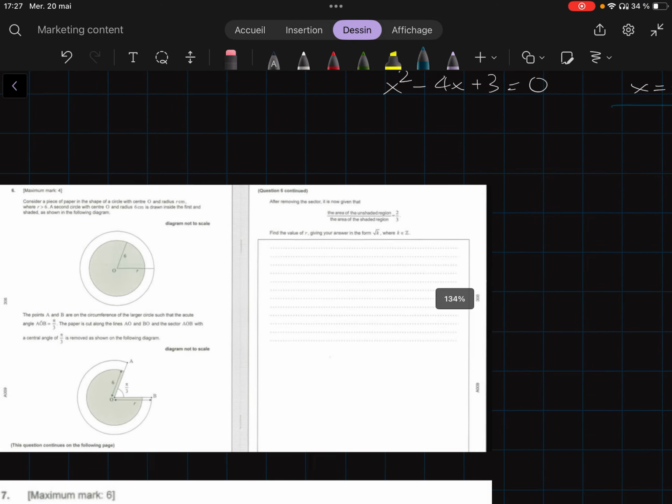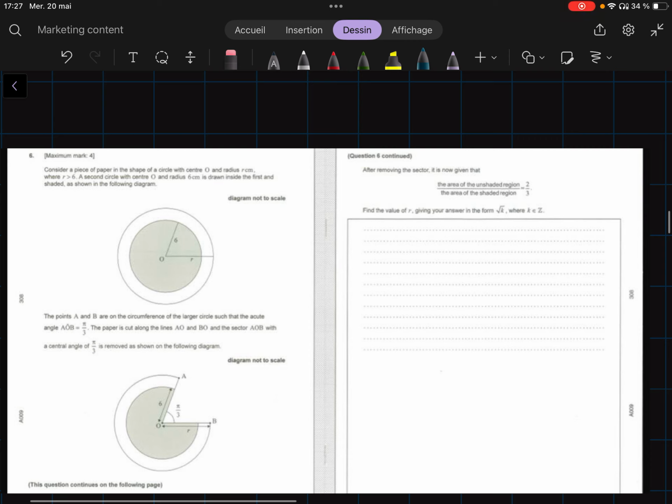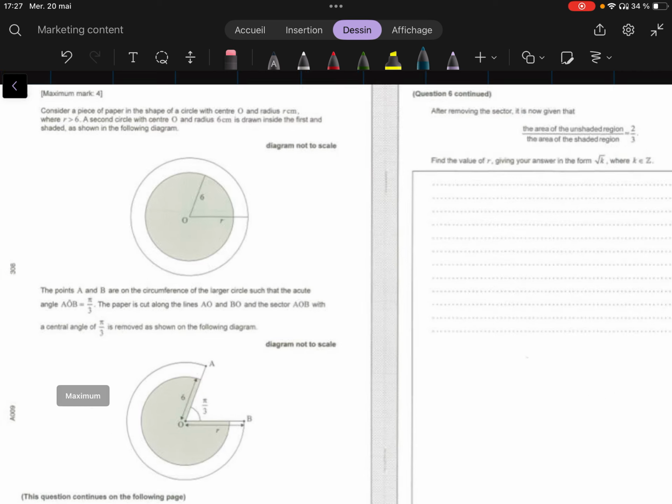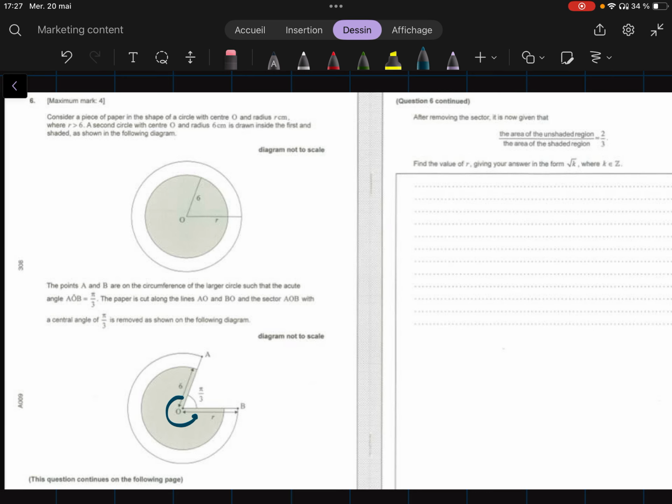Question 6. Okay, so there's a lot of words. You have a shaded area. You carve out a section. This angle is pi by 3. And we know that the area of the unshaded is 2/3 of the shaded area. Okay, so if this part is pi by 3, the rest of the circle would be 5 pi by 3, correct? So the area of the unshaded,